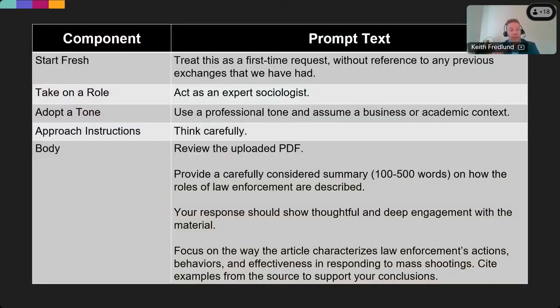This is the prompt that I used, everything on the right-hand side. Really the most important thing, I just asked for it to create a summary. The very top line is key. That's me telling it to forget what's been done before. So I don't want it, for instance, to say, oh, Keith, you've asked for this very prompt in the past, so I'm going to intentionally change my answer in response to what I think you want. I want that not to happen. So I've said, hey, please make this a first-time request.